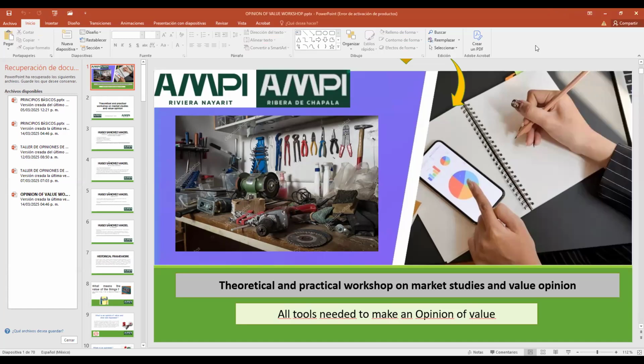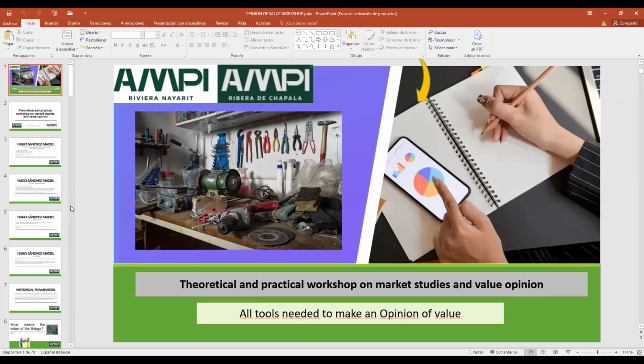Everybody should remember that you have to learn how to do an opinion of value. I know that a lot of agents work with a broker where the broker handles everything, but for the diploma you need to know and understand it, and it's important that you can do it. So I'm going to give you all the tools to make an opinion of value.